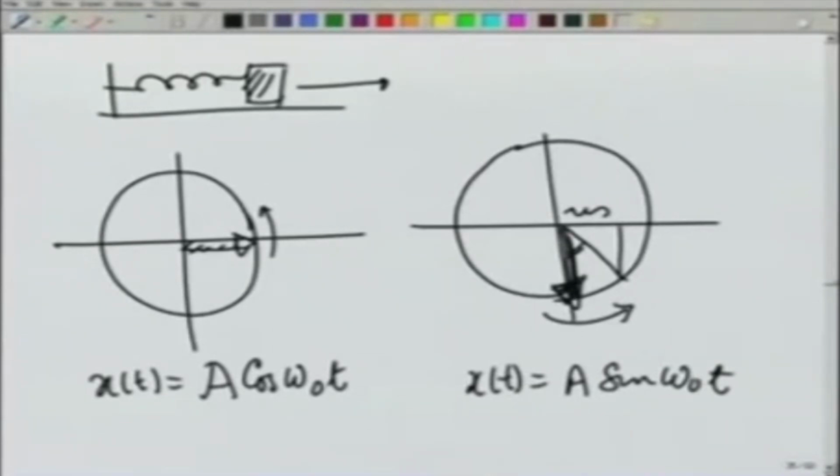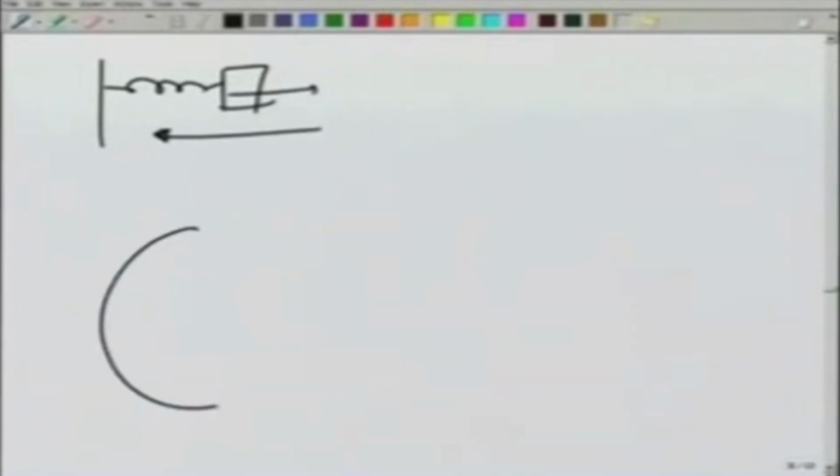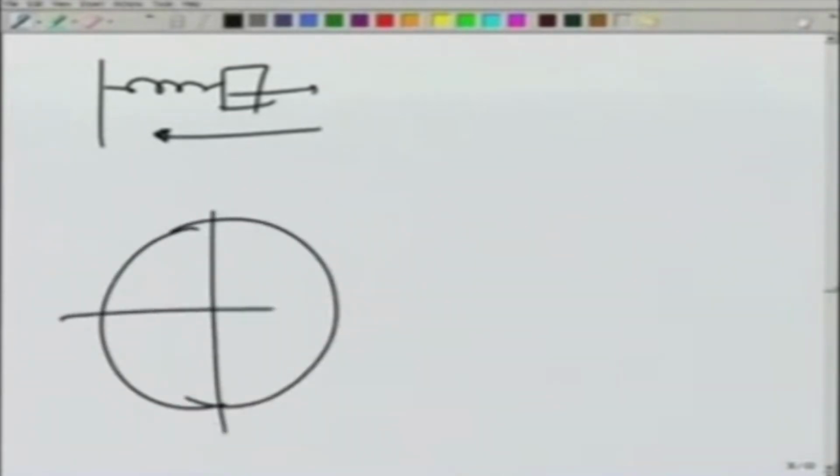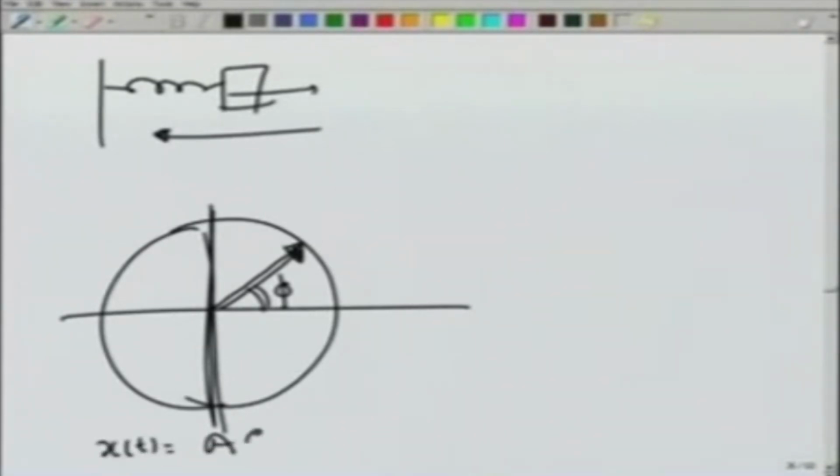What about the case in which we pulled it to a distance and then gave it a velocity going this way? So the particle was displaced positively. The phasor tip has to be on the right hand side of this line, and it was moving in the negative direction. So the phasor would be somewhere here, with this angle being phi. You can see that x(t) is going to be a cosine of omega t plus phi, with phi being greater